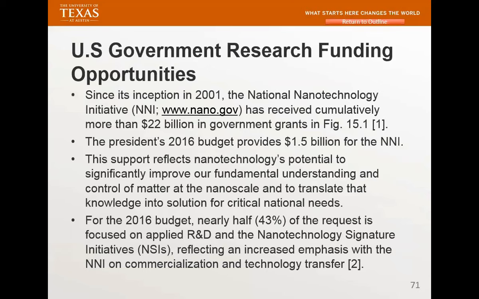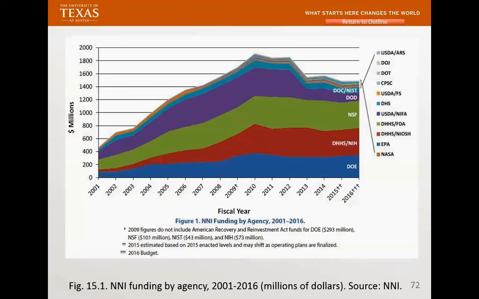That's when I published a book. It's 1.5 billion for the National Nano Initiative. That means that our government is actually supporting this whole area. I think the tool, and this is basically showing you the different agencies that started in 2001 all the way to 2016. That's important because that's where I look at where I get my research money.